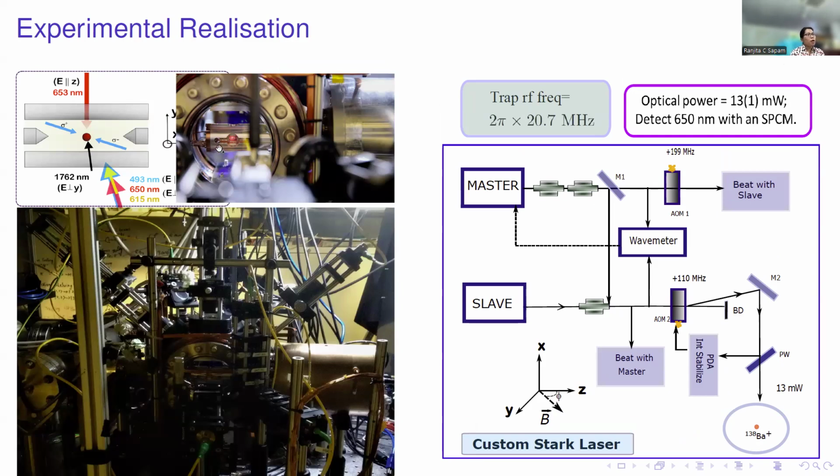In the picture, on the top left, the single ion is inside these trap potentials. You can see in the window, there is a viewport where there is a little pink colored spot inside. This is where we trap the ions. And the bottom picture shows the accessories, where all the lasers come in, and all the accessories of the experiment.